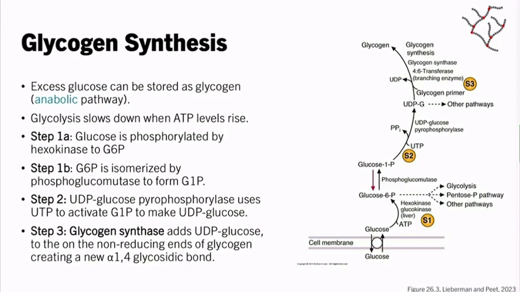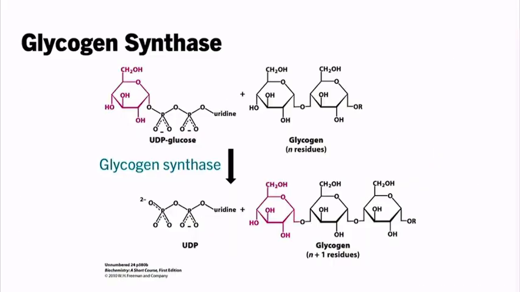So the final step, now that we have UDP glucose, is that we can add that UDP glucose onto the glycogen chain. Remember, from the non-reducing end. This is going to catalyze the formation of a new alpha-1,4 glycosidic bond, building that glycogen molecule piece by piece by building those building blocks. This reaction is just going to be a very similar reaction again. You're going to have that hydroxyl group attacking that anomeric carbon from the alpha position, forming that new alpha-1,4 glycosidic